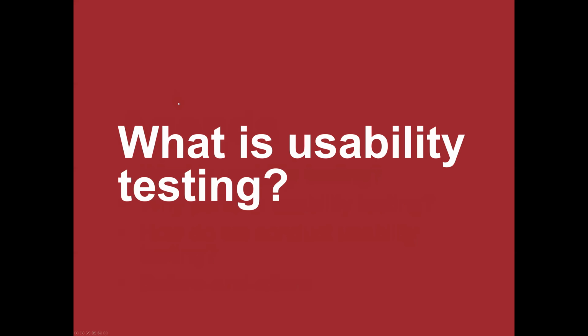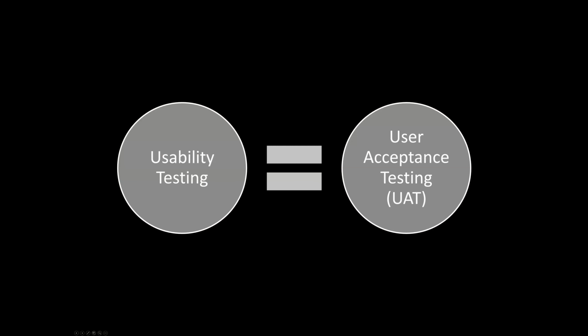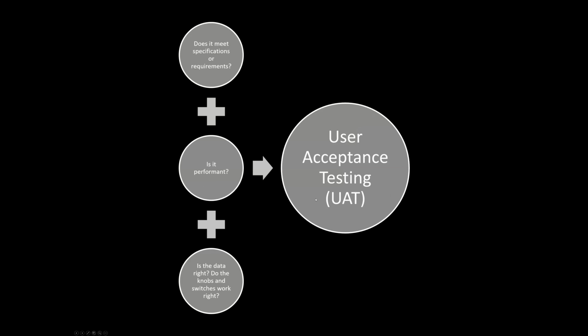So what is usability testing? When I often introduce the concept of usability testing to people who work in IT or in data, they hear, oh, it's user acceptance testing. It's what we do when we get sign off from our users. But usability testing is very different. It is not UAT. UAT is all about, does the tool that we are building meet the specifications that we laid out from the beginning?